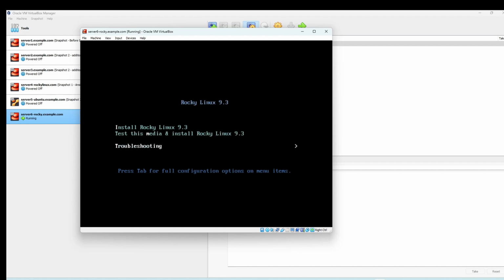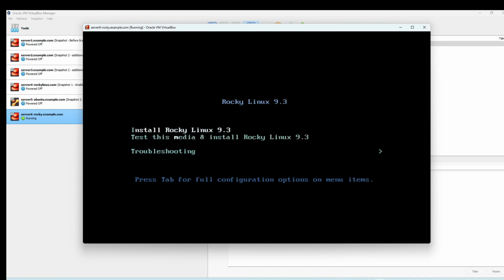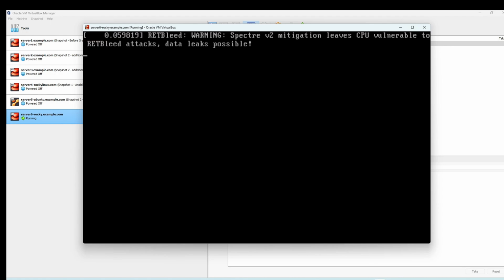But because we know exactly what we want to do, we are gonna hit the first option, which is install. So I'm using my arrow keys to go through that, and as soon as I am on top of one option, you see that it's going to be highlighted in white. So now I'm on the third one. I'm gonna hit the up arrow twice, and now I'm on install Rocky Linux 9.3. So in order to start the installation, we have to make sure that the first option is highlighted in white. Again, you can use your arrow keys to navigate through this, and we are gonna press enter from our keyboard,